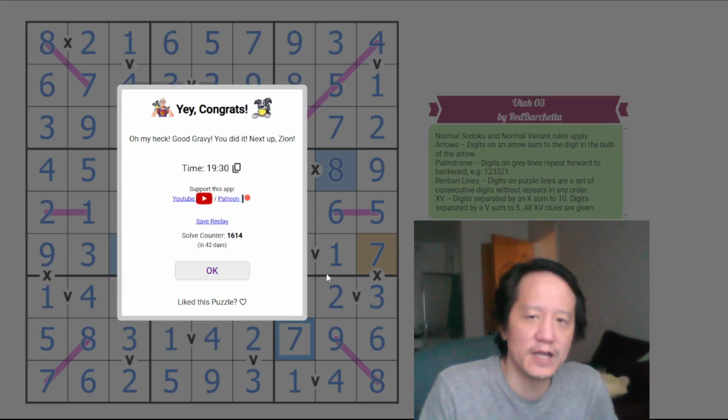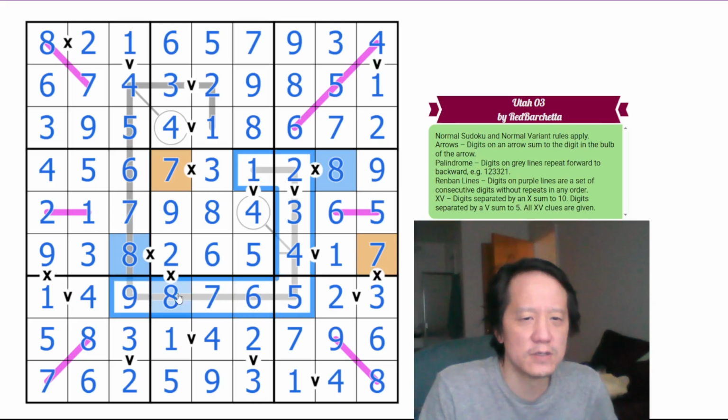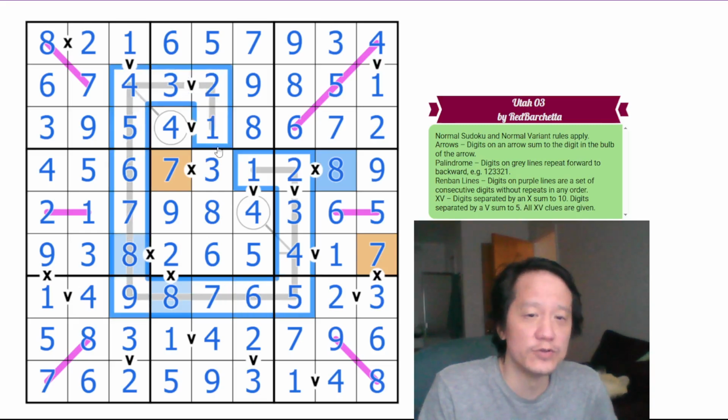Next up, Zion, which I believe is a reference to Zion National Park, yeah, I think it's in Utah. Heard it's very beautiful, actually. So,